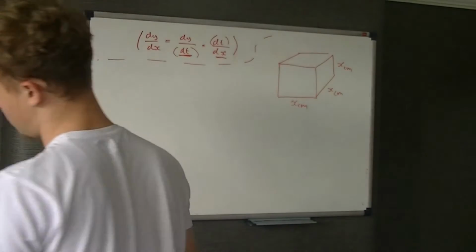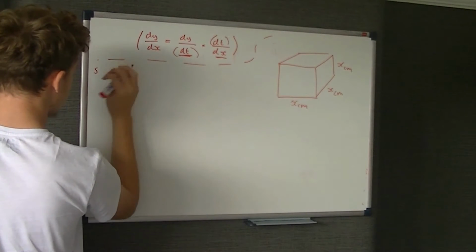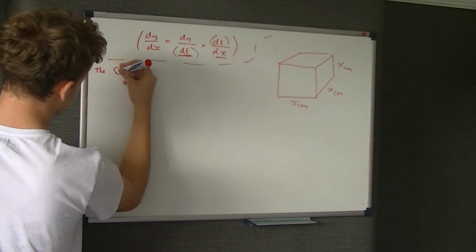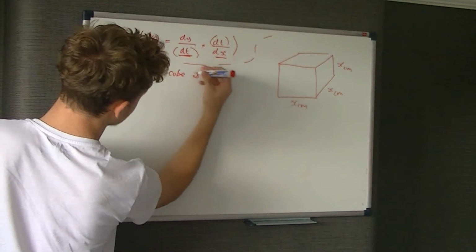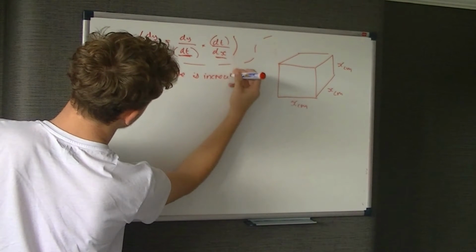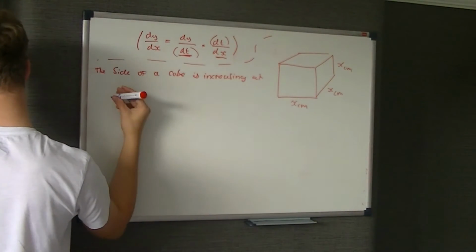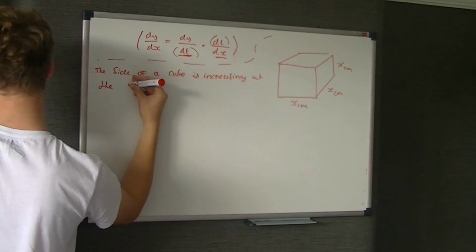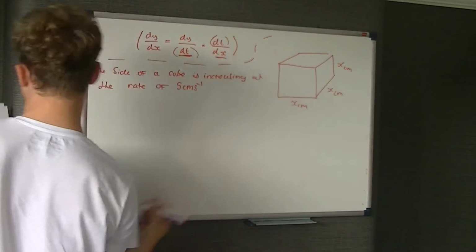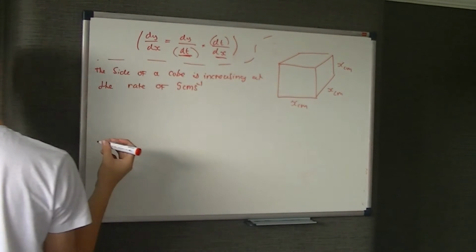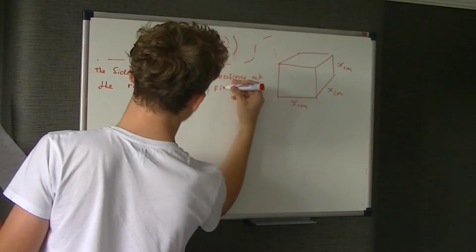And it said the side of a cube is increasing at the rate of 5 centimetres per second. Find the rate of the increase in volume